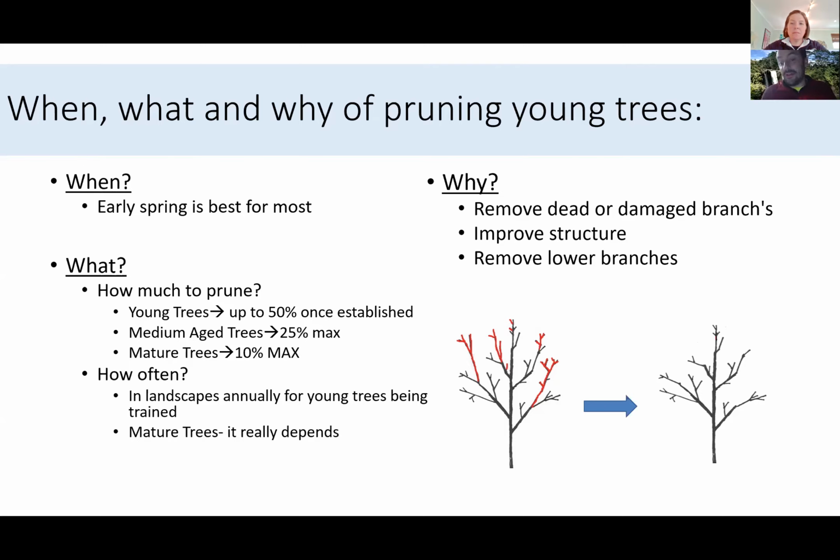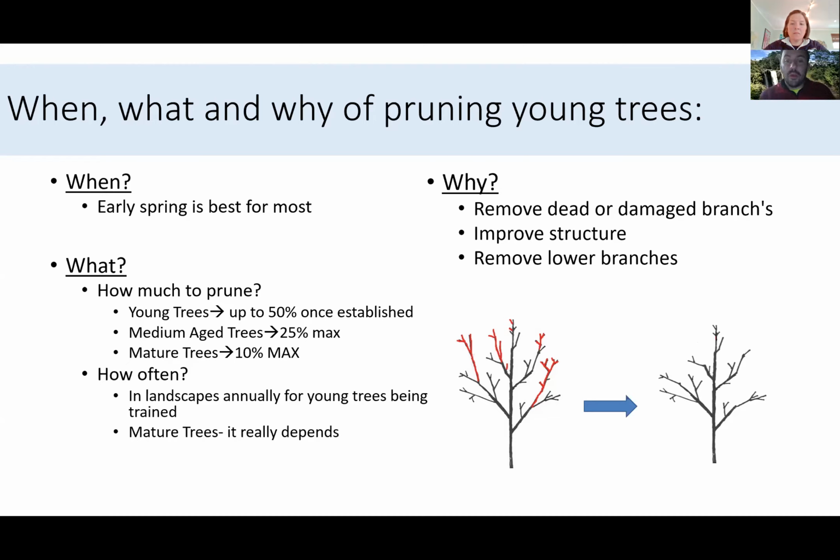If, on the other hand, just for the sake of argument, you're a city forester and you can't get back to every tree in your city every year, right? It's just not practical. We don't fund forestry at that level. Then you're probably going to be pruning the trees more in a given setting, but pruning them less often just because that's what the practicalities of your situation call for.